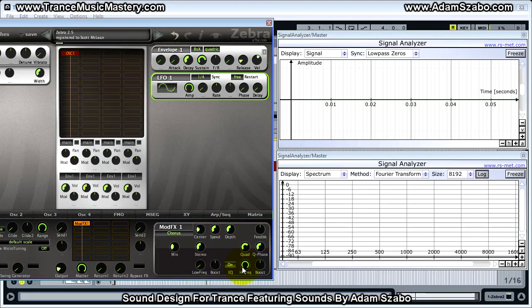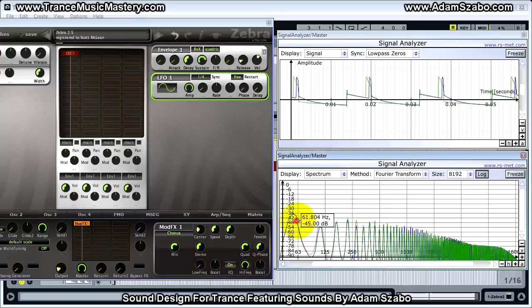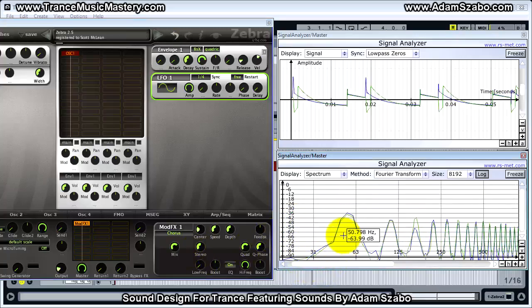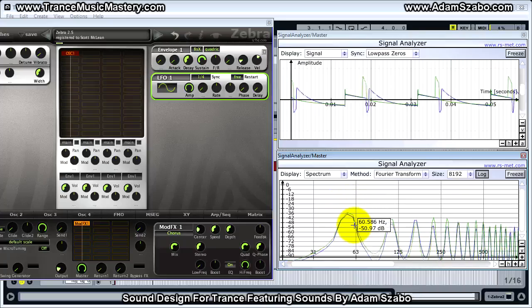Now, from a practical perspective, if we look at the EQ settings down here, let's say we wanted a chorus effect on a bass. And one thing we want to try to do with that is to keep the fundamentals solid. So let me see if I can set up a situation where we can use this EQ. Okay, you see this fundamental here? Right now it's being affected by that chorus effect,